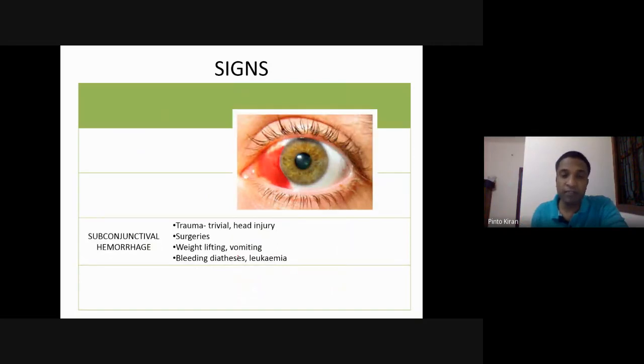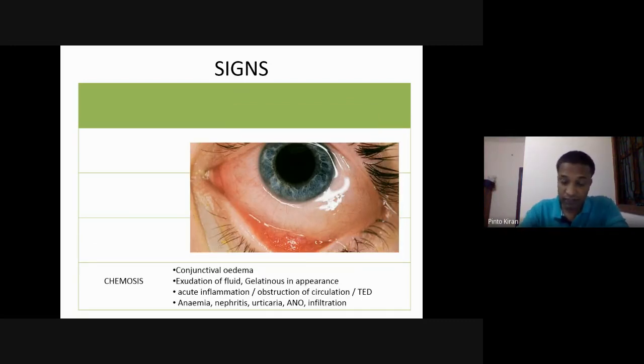So then we have a subconjunctival hemorrhage. Subconjunctival hemorrhage is very obvious. You can make out there will be a collection of blood, and the other part of the conjunctiva looks normal, healthy. Okay, what are the causes? It's purely because of trauma, or sometimes it's age related. In hypertensive patients, we will see subconjunctival hemorrhage, and it's asymptomatic. Patients are asymptomatic.